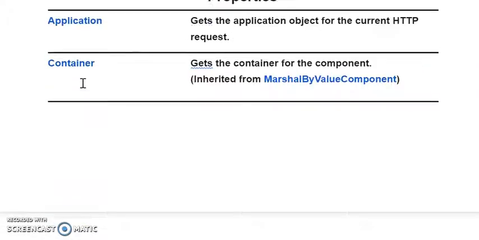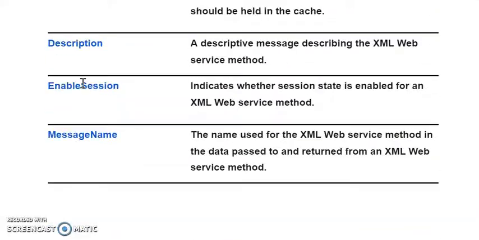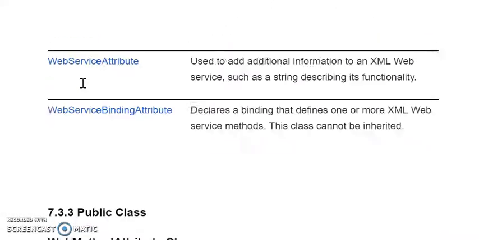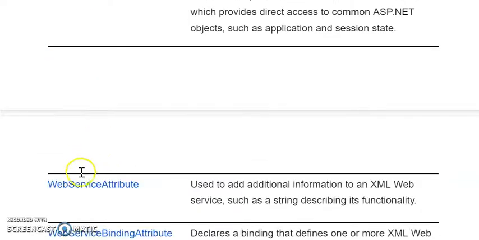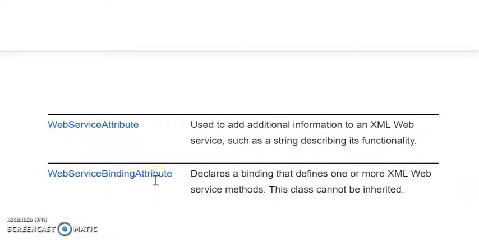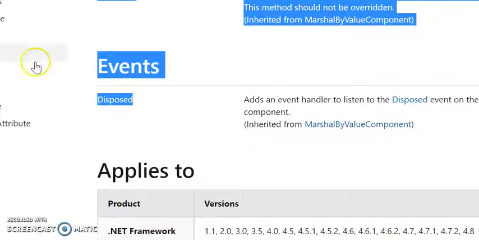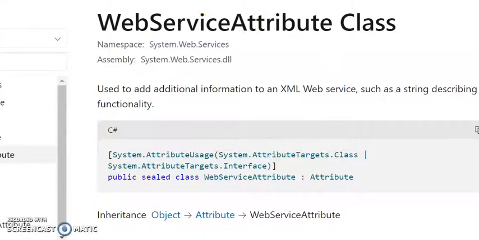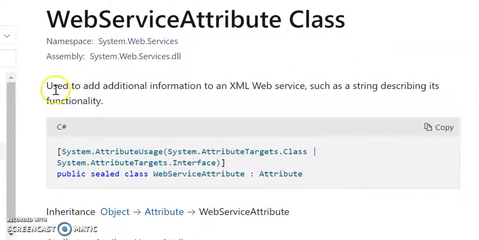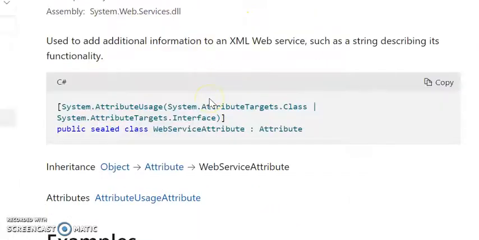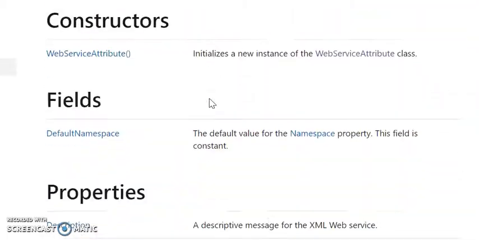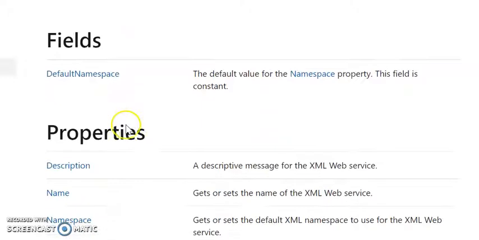Same like that, these are the next two classes. One, web service attribute and another one, web service binding attribute. For that, just go to the Microsoft website, and there you will find it. I will show you the web service attribute. So on the Microsoft website you will see the documentation, and just go through this documentation. The web service attribute class, again this class contains some properties and functions that you can go through. This is the constructor, WebServiceAttribute. So default constructor, no parameter.